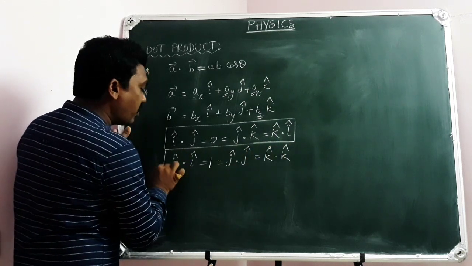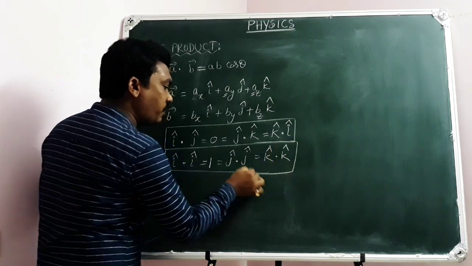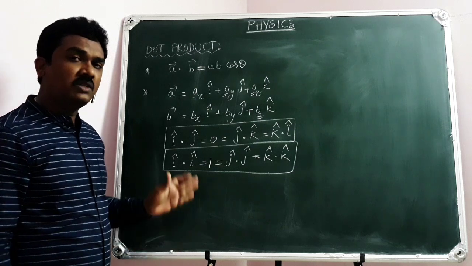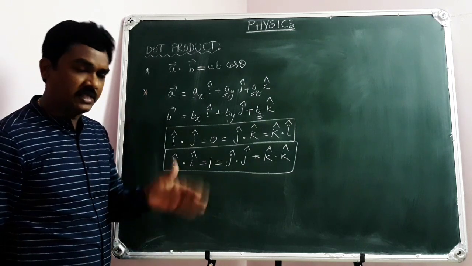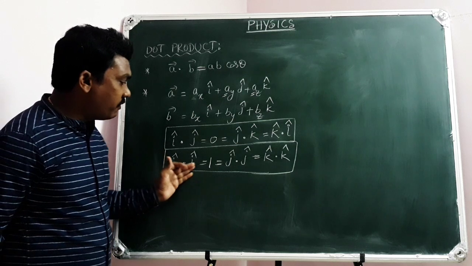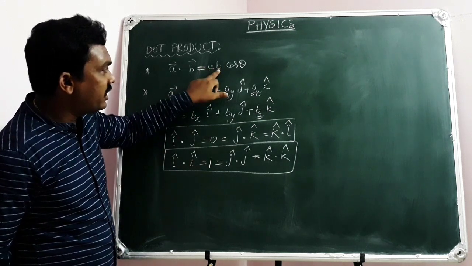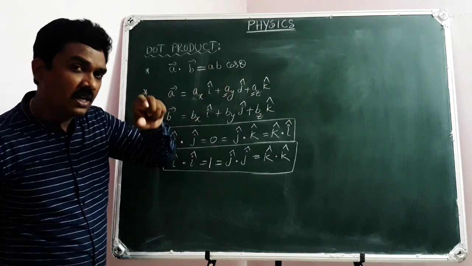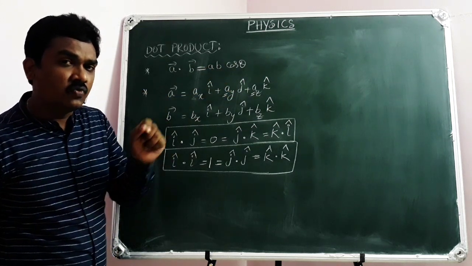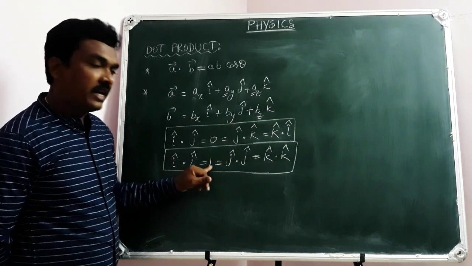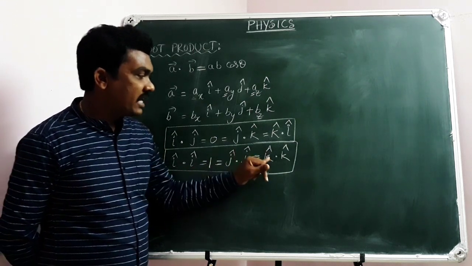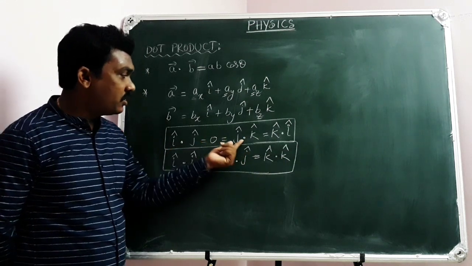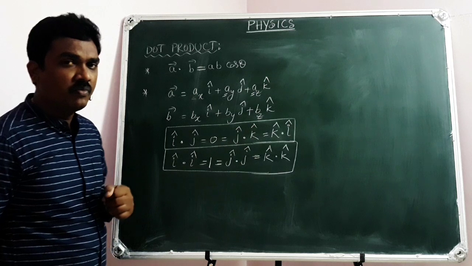So first of all, you should realize these basic fundamental points, which are all about the dot product of unit vectors defined along the coordinate axes. i cap dot i cap will be 1, because here it is i into i cos 0 degrees, that is i square, where i is the unit vector along x axis, whose magnitude is 1. So i square means 1. Like that, j cap dot j cap, k cap dot k cap, the dot product will be 1. But in the case of perpendicular unit vectors, the dot product is 0.